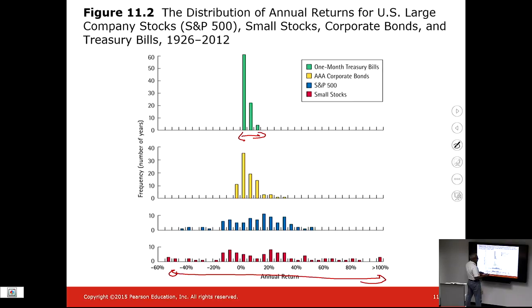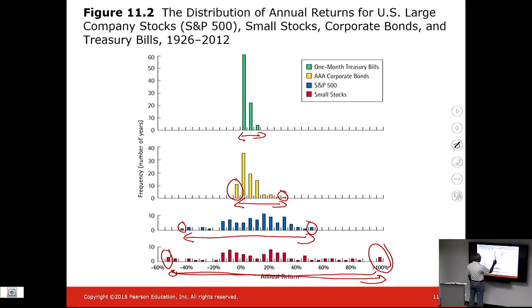Not a whole lot of variations. Variation of corporate bonds, somewhat wider. Variation in large cap stocks, a little bit wider. And variation in small cap stocks, the largest. The low value going as low as minus 50% to as large as plus 100%. You don't have that range for the corporate bonds or for large cap stocks, and certainly the tightest for 1 month treasury bills. Looking at these four pictures, the green, the yellow, the blue, and the red, it should begin